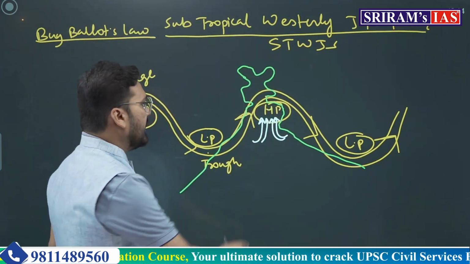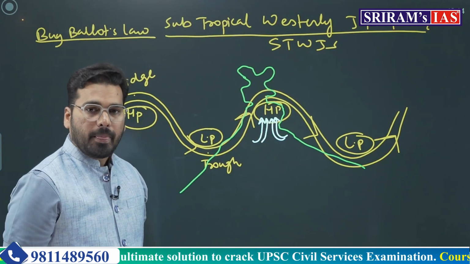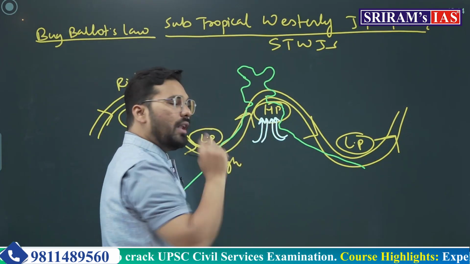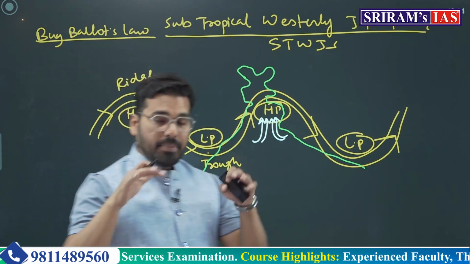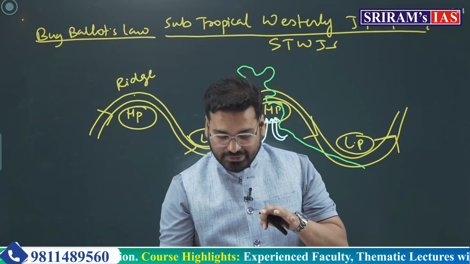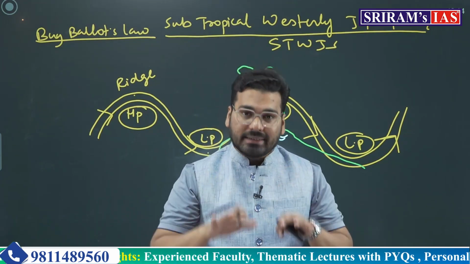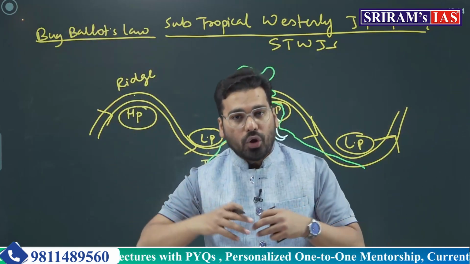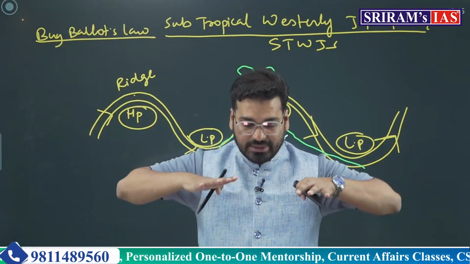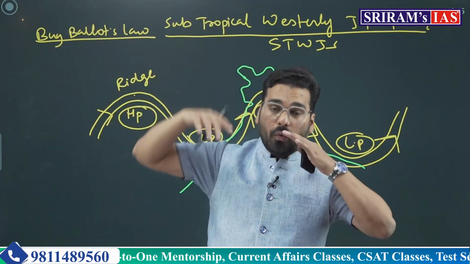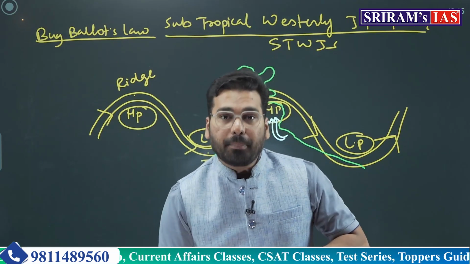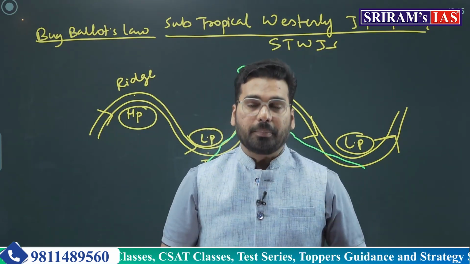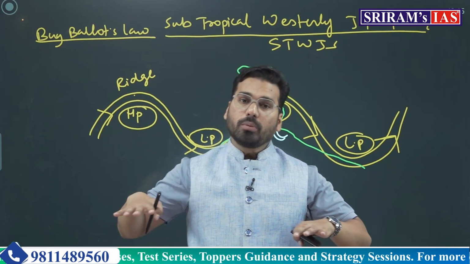But the problem is, if you have a jet stream ridge there, this jet stream ridge will have a high pressure condition. High pressure condition means the air coming up will be discouraged, or will not be able to dissipate or go anywhere, because there is a high pressure condition above, which is discouraging the upliftment of the air. Now it is almost like a lid.